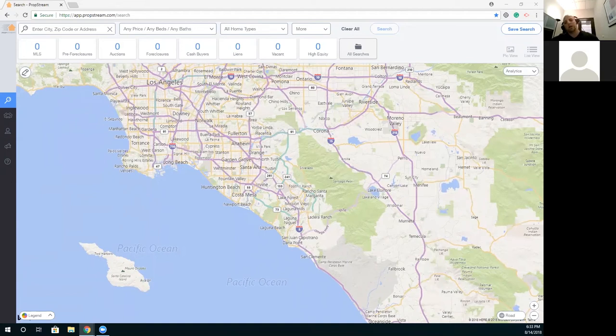So tonight he's going to go over kind of the high-level features of the software, what you can do with the software. We're even going to do some searches locally here in Concord just to show you the power of the software. And then from there, we will get a free trial for 5 days, and I'll put that link. It's actually already in the chat, and I'll send an email out to everybody. If you guys want to try the software after that, then you can go right into it and give that a try. But without further ado, Burton, why don't you kind of take over and introduce yourself a little bit more and then go into your presentation, please.